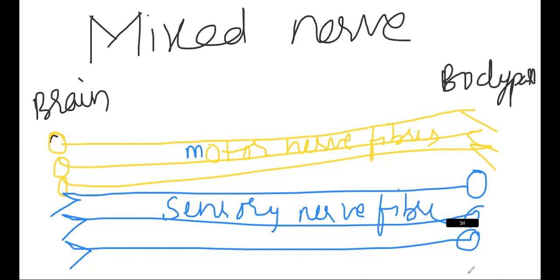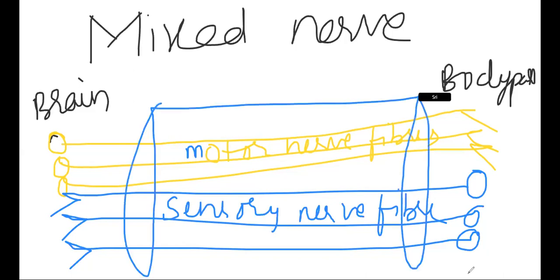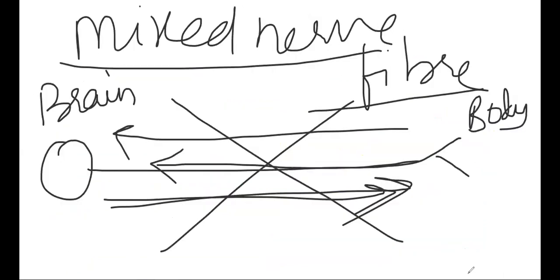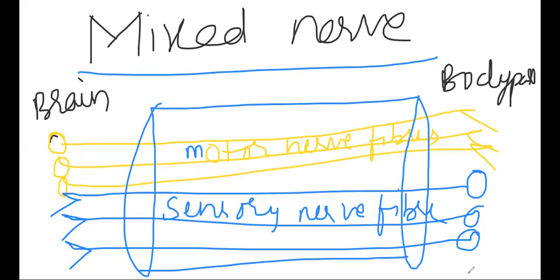A single one we say fiber or axon. That's what I said to you. A bundle of nerve fibers is called a nerve. So what is this? This is a mixed nerve. What is my question? Is there any possibility of mixed nerve fiber? Can a single neuron perform this action? I said no. When I said mixed nerve, this thing came into your mind. That's the problem actually. I think you got my point here.